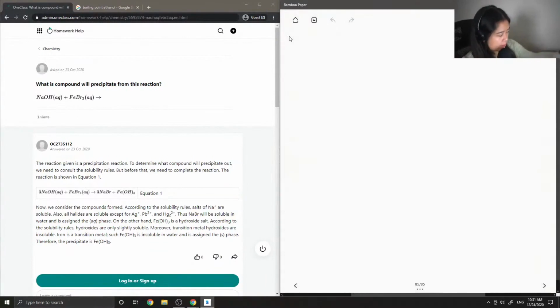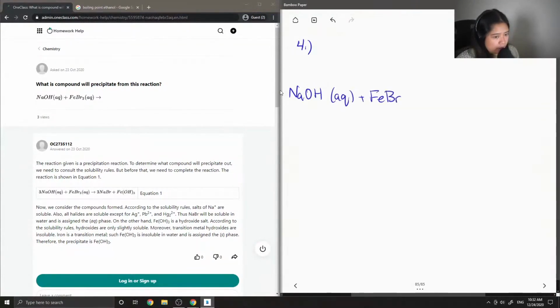Okay, so on to question 4, I believe. What is the compound that will precipitate from this reaction? So we have NaOH plus FeBr3